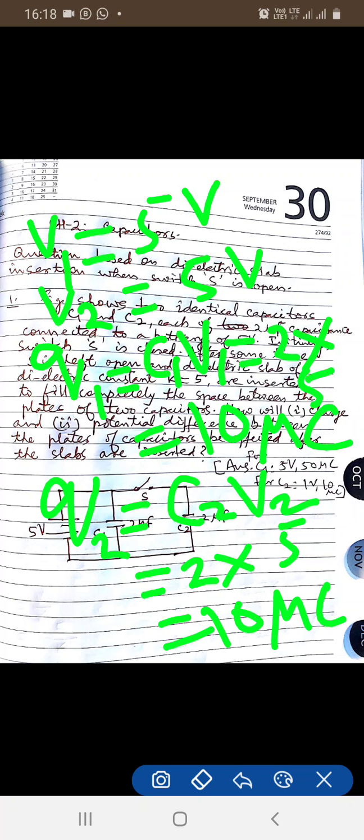You can note down the result here. The potential difference across C1 initially when switch S is closed, V1 is 5 volt. Potential difference across C2 when switch S is closed, initially V2 is 5 volt. Charge stored by C1, Q1 is equal to C1 V1 is equal to 2 into 5 is equal to 10 microcoulomb. Similarly, Q2 is equal to C2 V2 is equal to 10 microcoulomb. Now,